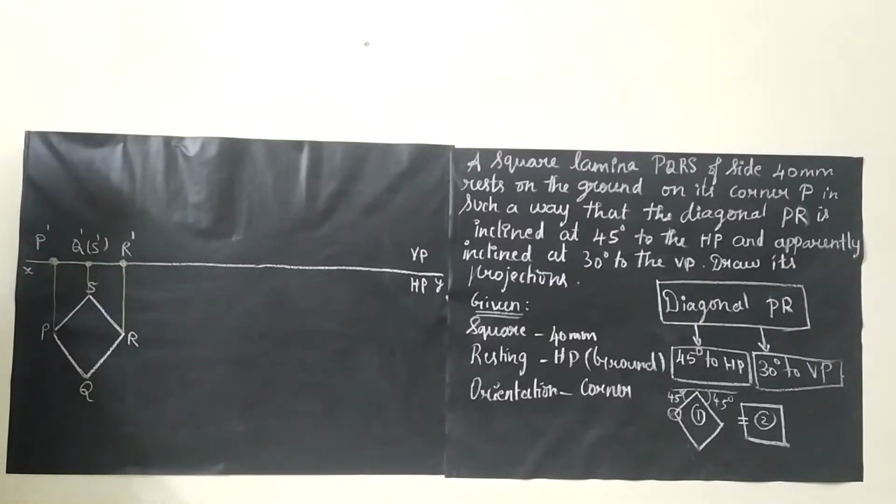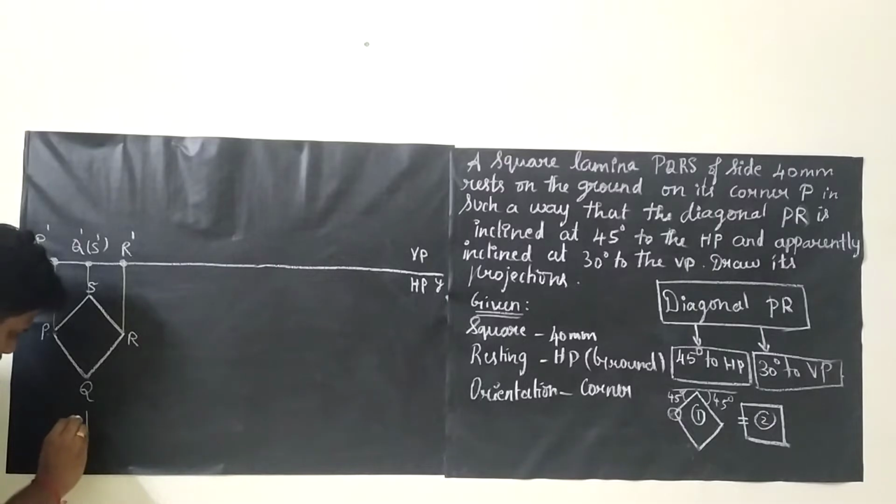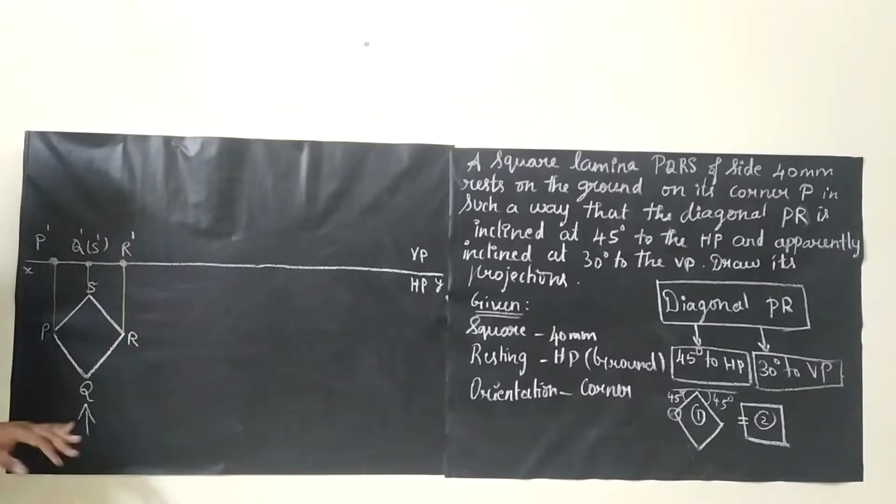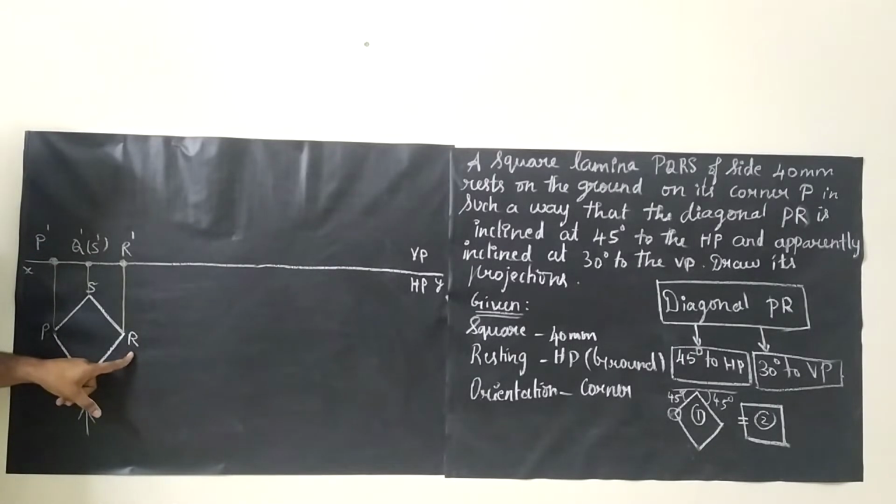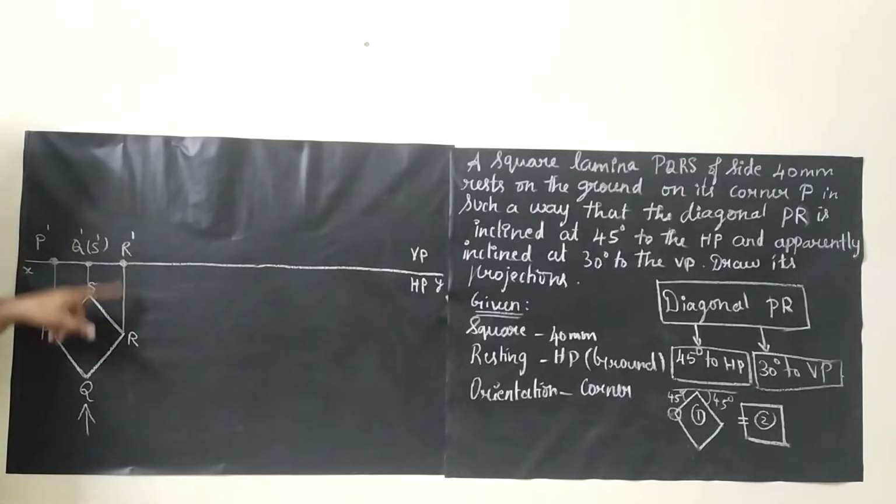Next thing, we are going to draw the front view. For drawing the front view, you have to see from here. When you see from here, you will only get a straight line. So what all points will you be seeing? You can see P, you can see Q, you can see R. But S is hidden. So P can be seen, I will just draw a P dash. Q can be seen, but S can't be seen. So Q dash bracket S dash. And R can be seen, so I will write it as it is.